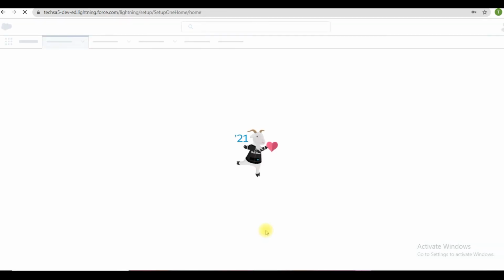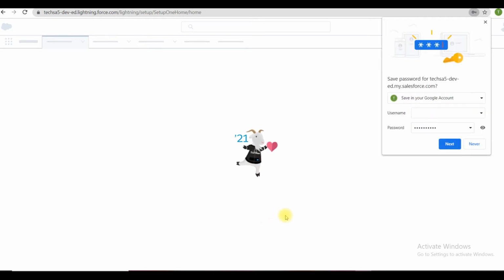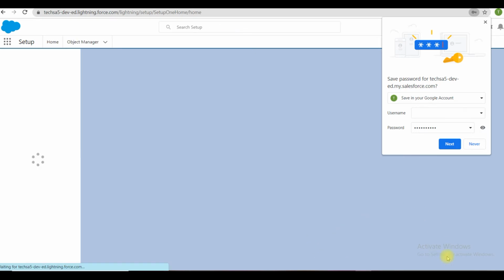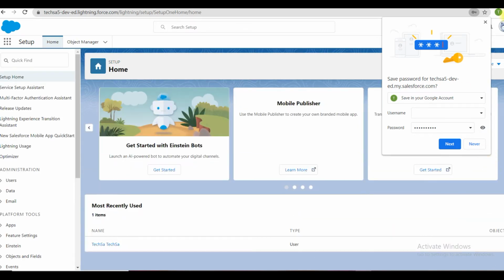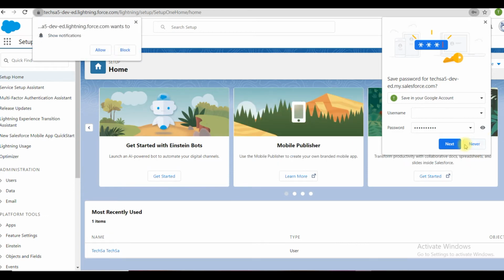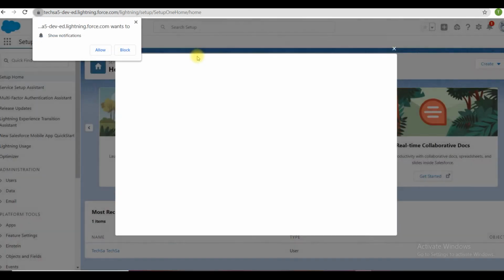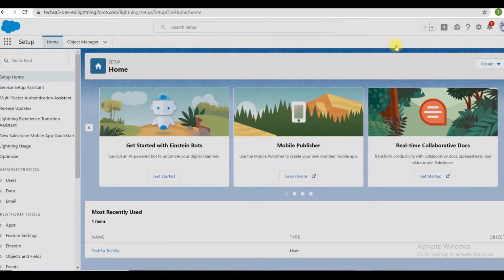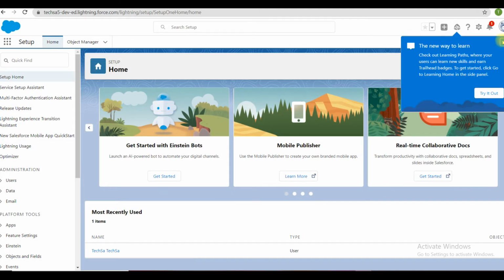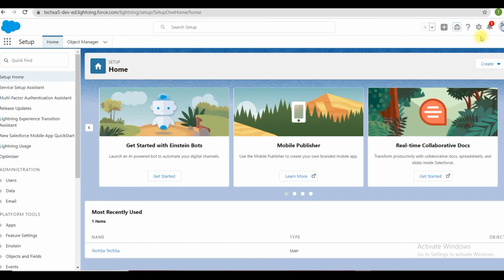It is redirecting into my account. It is asking whether I want to save my username or password. You can select whatever you need. I am selecting never. Here I will discuss the internal components first. The basic idea will be provided here.